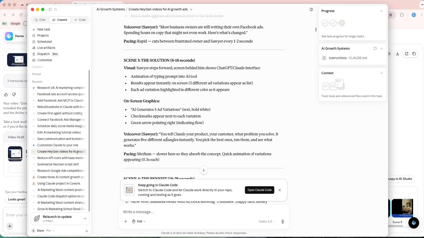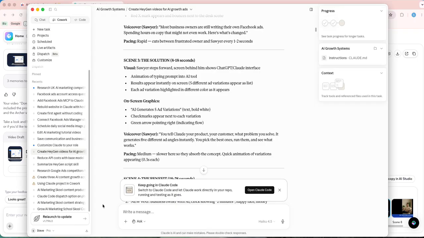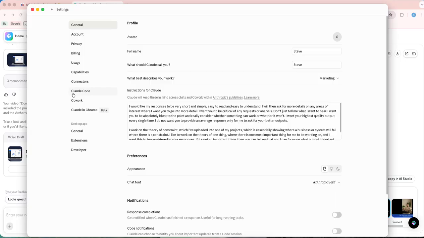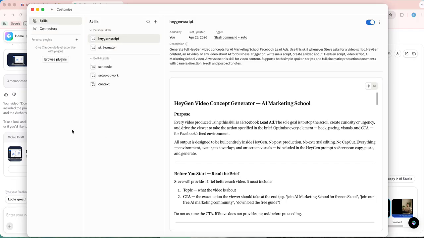Once you have done this a number of times and you've got the type of, perhaps this model works well, a different setting works well, or the video type, you can then turn that into a skill. And the way you do that is just by coming into settings. If you go to, let's sort of move this around actually, I think at the bottom of capabilities and skills. You need to get to the skills section, and this one's quite sparse, but you can see here I've got